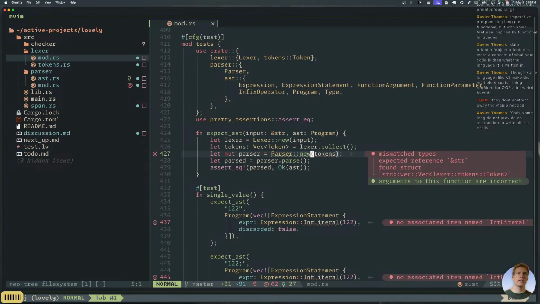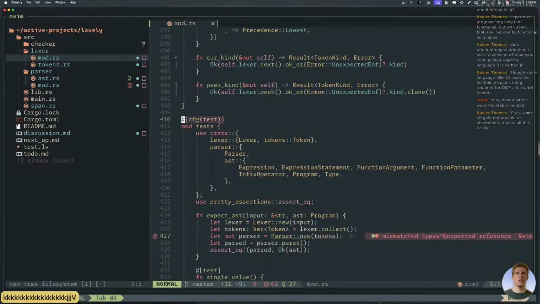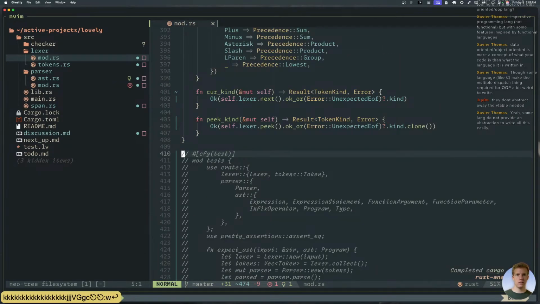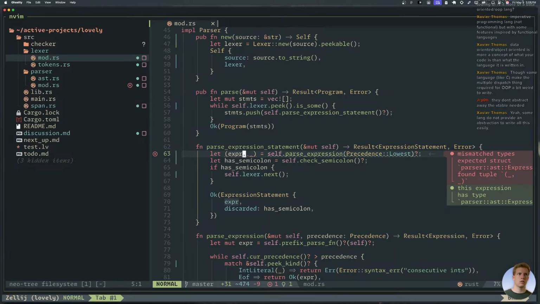Parser new tokens. What is this? This is in my tests. You trying to tell me all the rest of these errors are my tests? Wait.